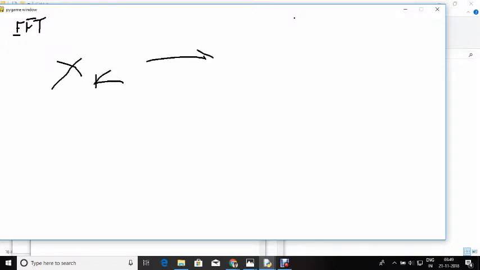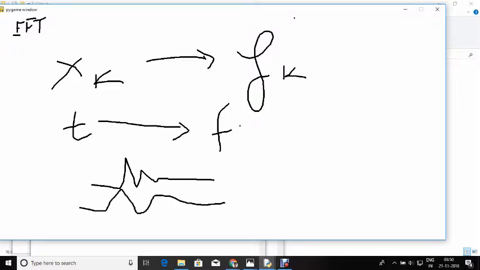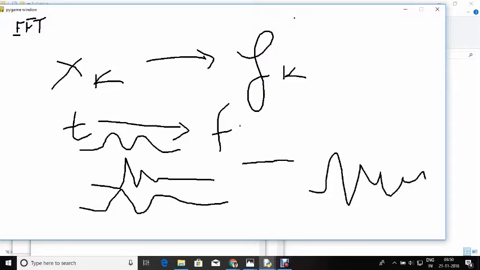The mathematical definition is that we map xk to certain yk. Basically we are converting our time domain music signal to the frequency domain. The fast Fourier transform samples time signals over a period of time and divides them into their frequency components. If my signal is made of this frequency, this frequency, and this frequency, and I have the overall signal as this, now if I pass it through the fast Fourier transform,